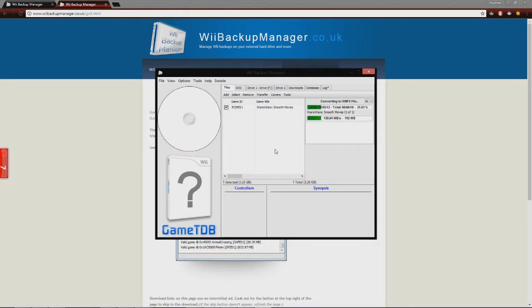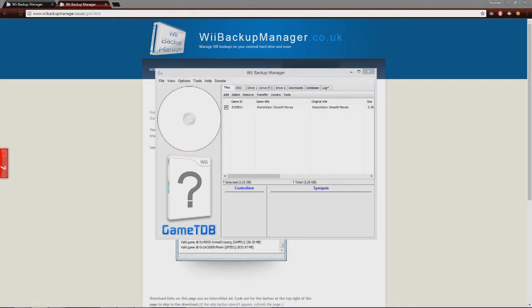So this should go pretty quickly. It's a pretty small game. If it's a crazy game like Brawl or something, you know, a double layer 7 GB game, it'll probably take a little while, but this shouldn't take very long. Alright, so now that that's finished,